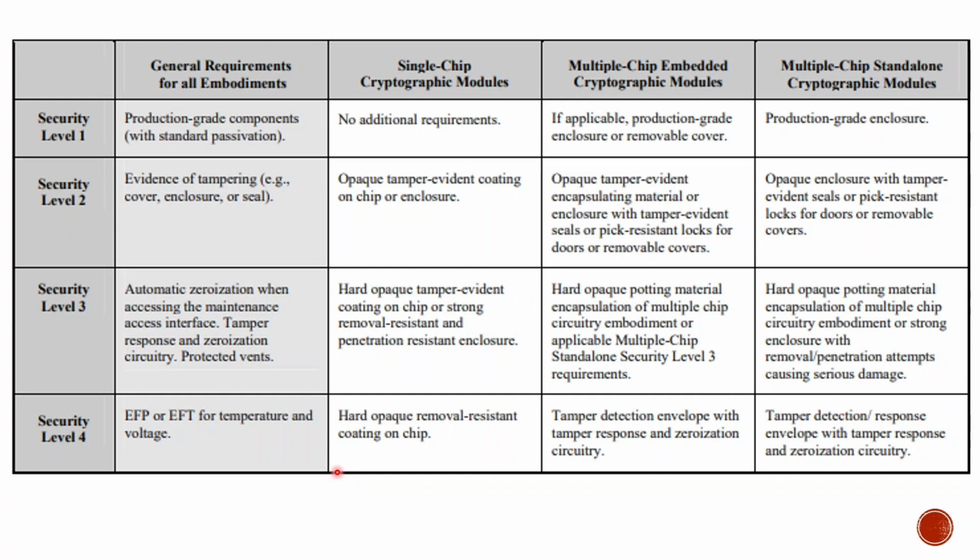Going through the general physical security requirement, at level 1, production grade components are enough and no additional mechanism is required. Going through level 2, tamper evident mechanisms are required that include the covers, enclosures, or physical seals that are used for physical protection. At level 3, the automatic zeroization, whenever accessing the maintenance access interface, tamper response and zeroization circuitry must be present, and there should also be presence of protected vents,